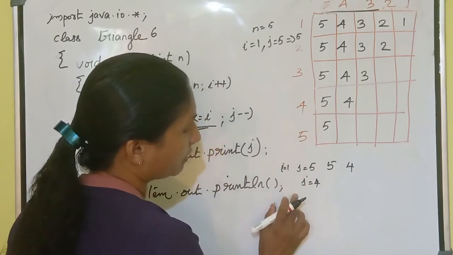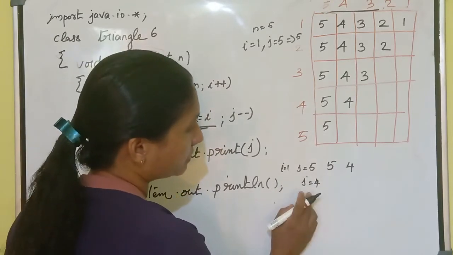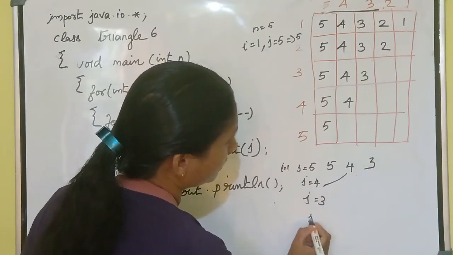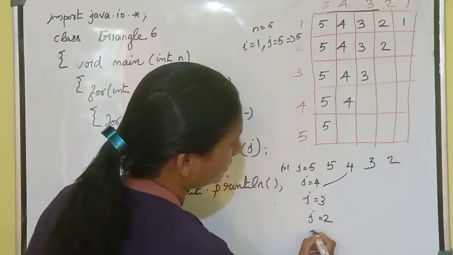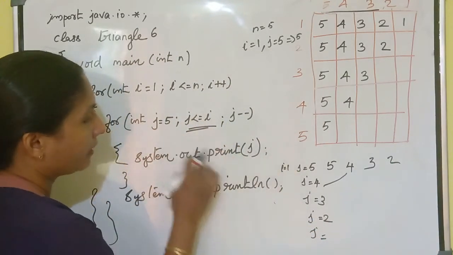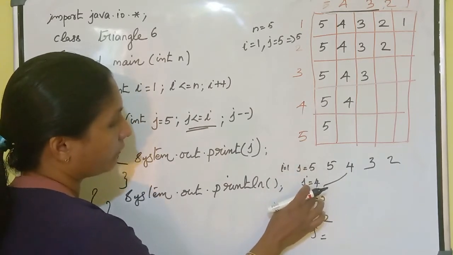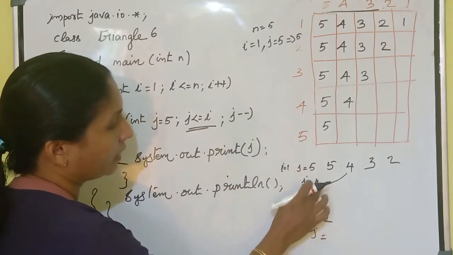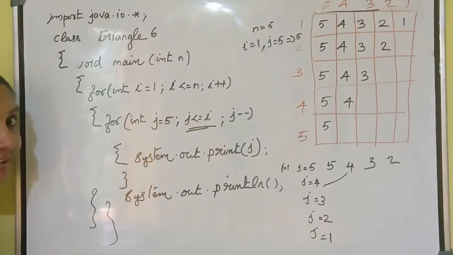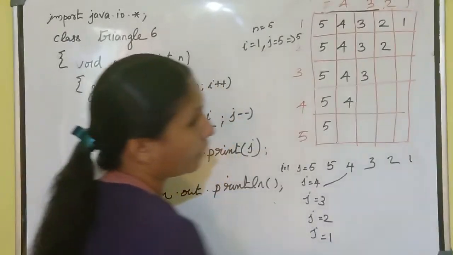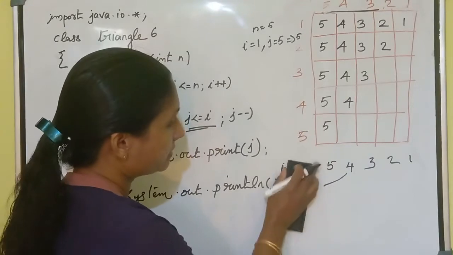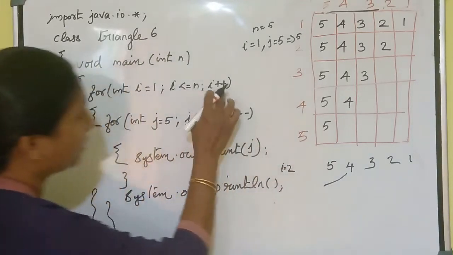Okay. At the same time i is not changing. That means j is equal to 4, you will get this value. j is equal to 3, you will get 3. j is equal to 2, you will get 2. Up to i it will work. The value of i is equal to 1 here, j is decreasing. First time 5, then 4, that means minus minus, we had given 4, 3, 2, up to i it will work. That means the value of i is equal to 1 here, then you will get 5 values in the first case.